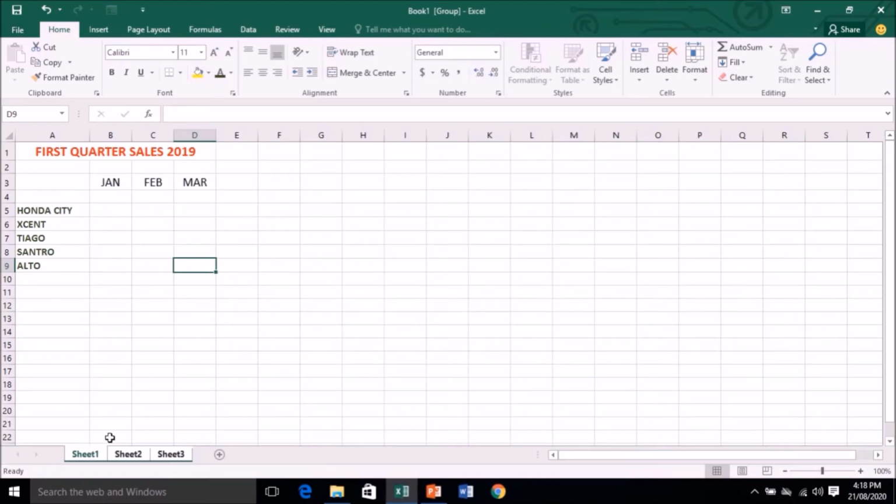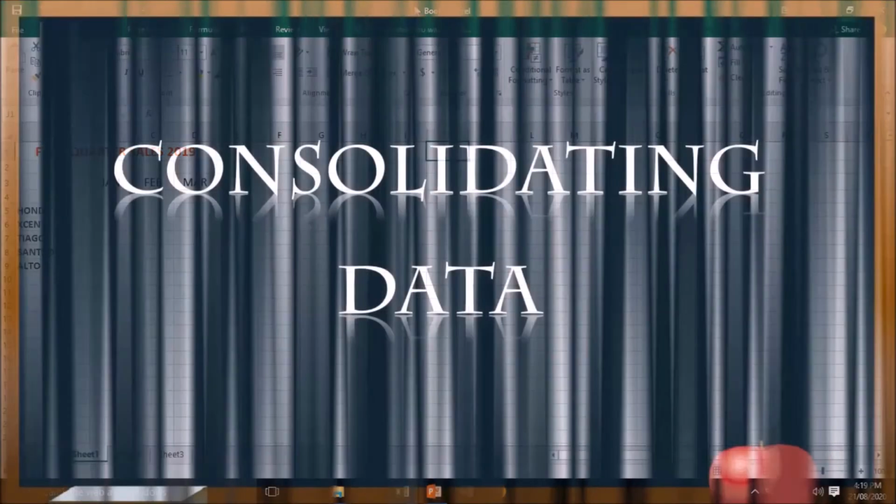So let's ungroup them now. For ungrouping, you can click on any one sheet name. You can click on sheet 1, or you can click on sheet 2, or you can click on sheet 3. So you can click on any one sheet for ungrouping them. So here it is ungrouped. You can see sheet 1, sheet 2 and sheet 3. All 3 sheets are having the common data. This is a grouping worksheet. So let's move further, my children.